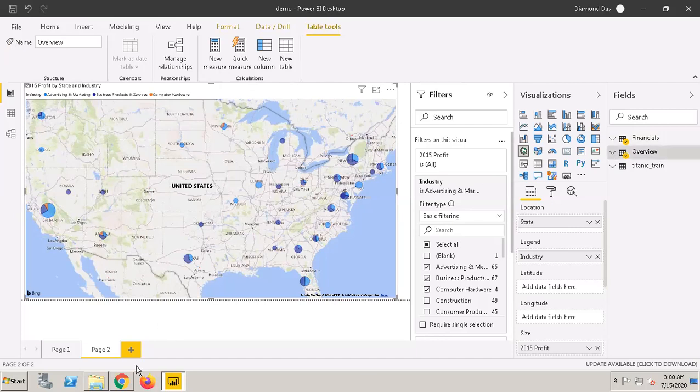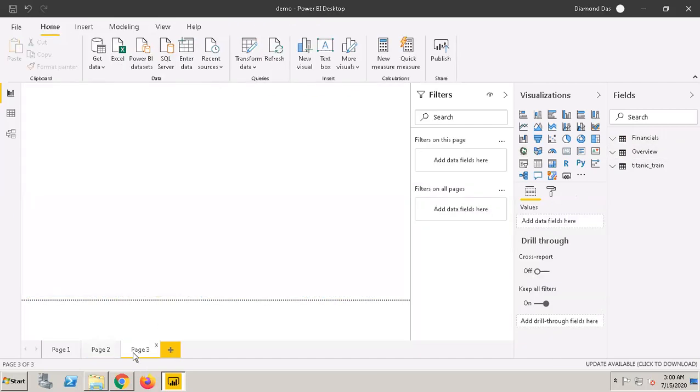Okay. Great. So next, Power BI has also given you some AI visual options. For example, if you take a look at this particular data set, if you've heard of the infamous shipwreck incident, the ship's name was Titanic.